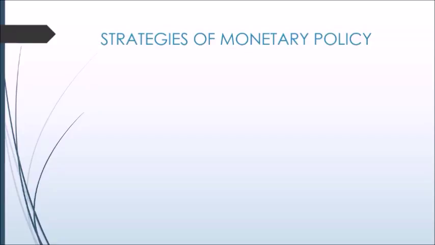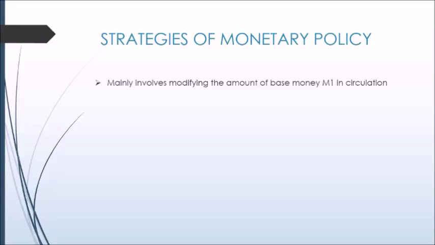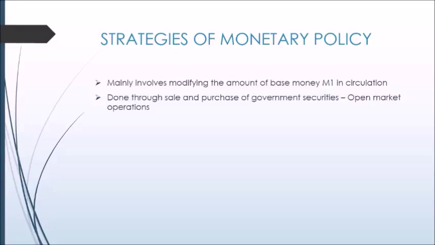Now we come to the strategies of monetary policy in Nigeria. The strategy of monetary policy involves modifying the amount of base money M1 in circulation. This process of changing base money through the sale and purchase of government securities is called open market operations. Continuous market transactions by the monetary authorities modify the supply of money, which affects other market variables such as short-term